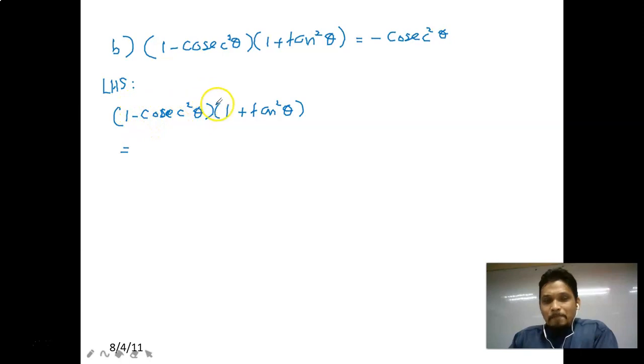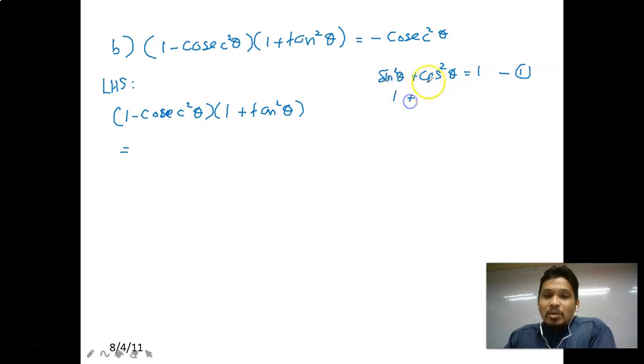Yeah, you may expand it, but sometimes we have to think the other way around. Okay, sine square theta plus cos square theta equal to 1. Let's say this is equation 1. Let's say sine square plus cos square equal to 1, divided by sine square. Sine square divided by sine square equal to 1, plus cos square divided by sine square equal to cotangent square theta,